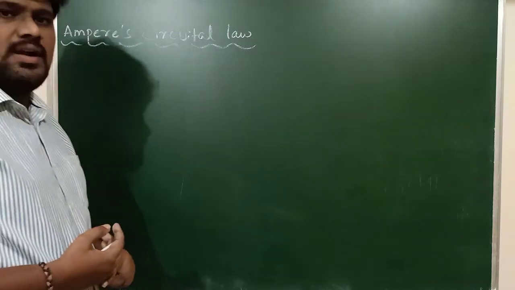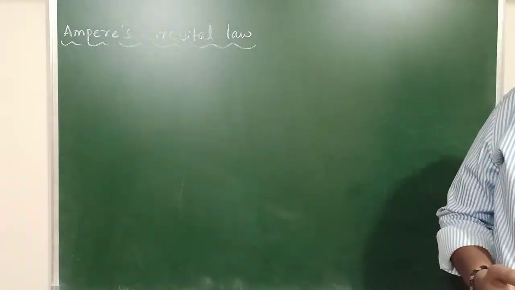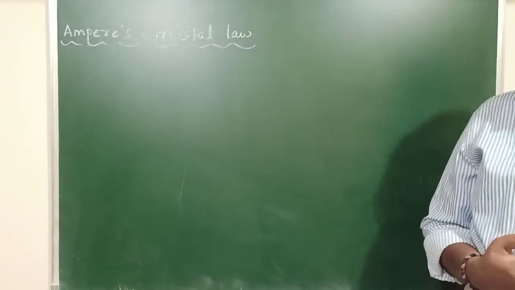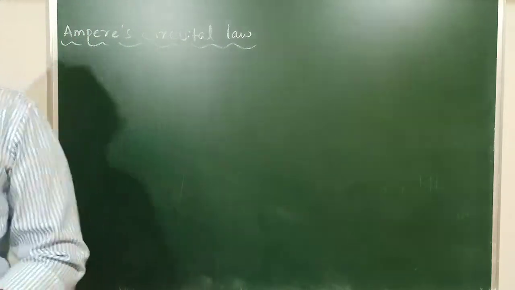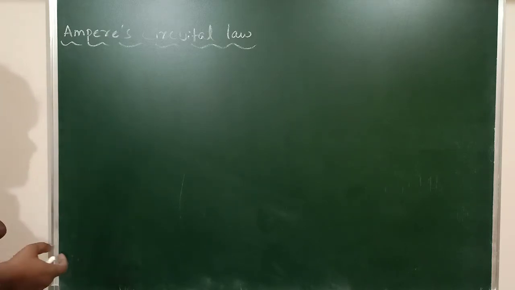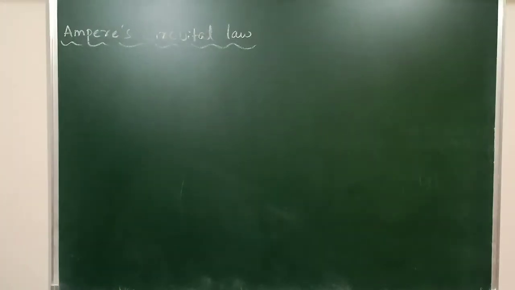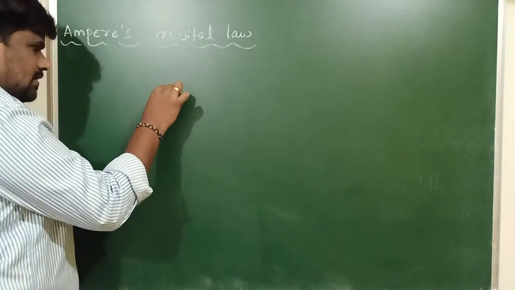I will consider a conductor of infinite length, in which current I is flowing, and due to that current carrying conductor, there exists a magnetic field, and we'll try to estimate that magnetic field with the help of the Ampere circuital law. At the same time we'll try to understand what is the statement of the Ampere's circuital law. Suppose we consider any current carrying conductor,